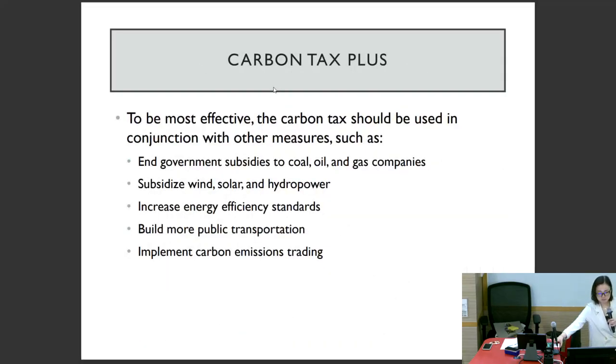Okay, to be most effective, the carbon tax should be used in conjunction with other measures, like ending government subsidies to coal, oil, and gas companies. So the government should no longer subsidize these fossil fuel companies, gas companies, stop the subsidies, and then subsidize the renewable energy like wind power, solar power, hydropower, and increase energy efficiency standards, more stringent